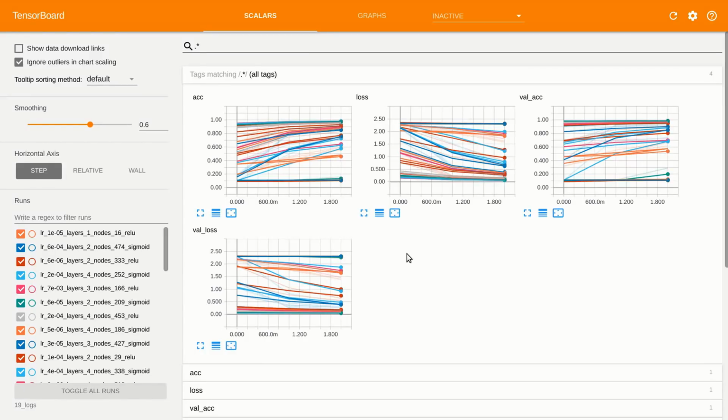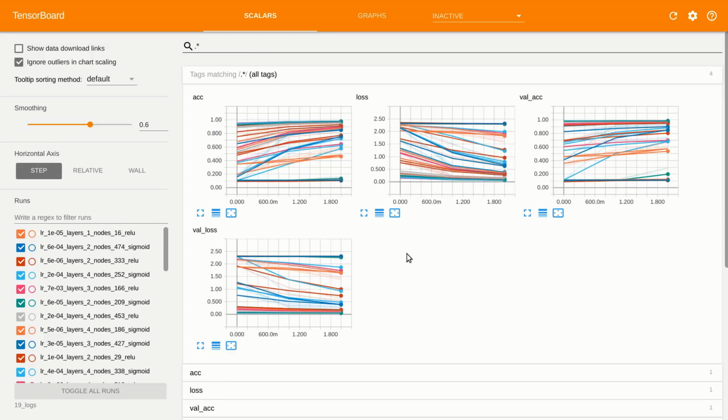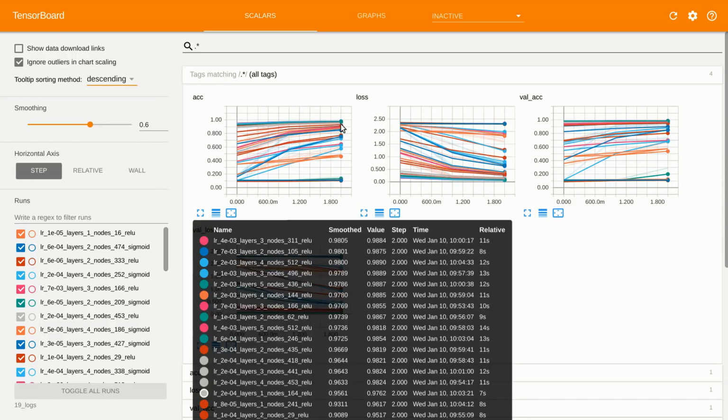And then we can go into TensorBoard, and this shows the training progress of each of those 40 neural networks that we have tried. So first we go up here, tooltip sorting method, and we take descending, so that now when we hover over one of these, we get a list of all of the neural networks that we have trained, and we can see the one on the top has a learning rate of 4 times 10 to the power of -3, approximately, and it has 3 layers, each of which has 311 nodes, and it uses the ReLU